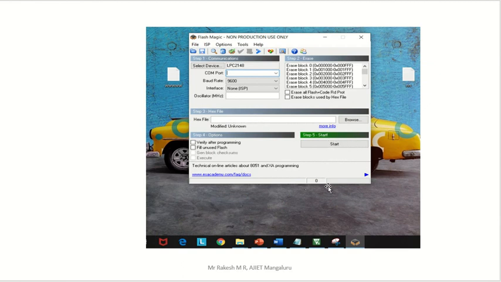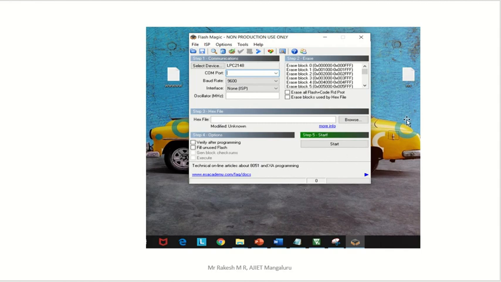Once you click start, you are going to get one color bar showing the program loading. Loading means transferring from your computer to the kit. Now it is 0, and then you are getting 100%. Once you get 100%, your entire program is dumped into the kit. So this procedure is over.